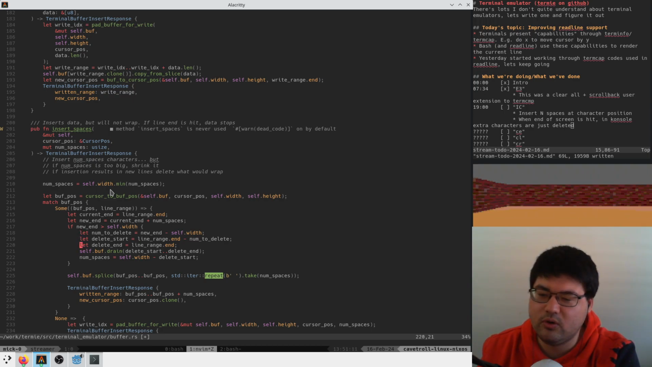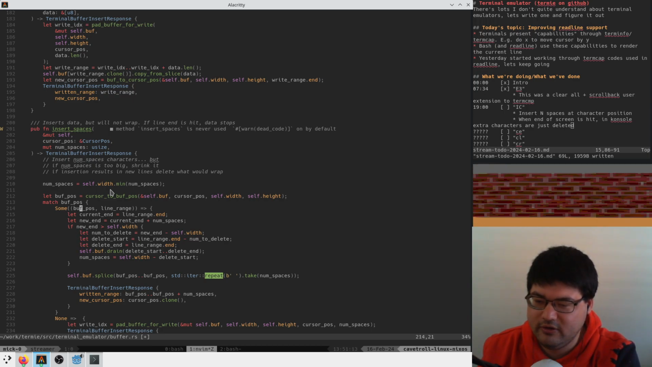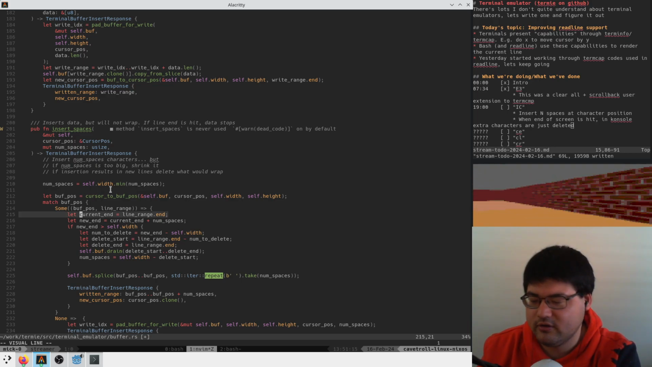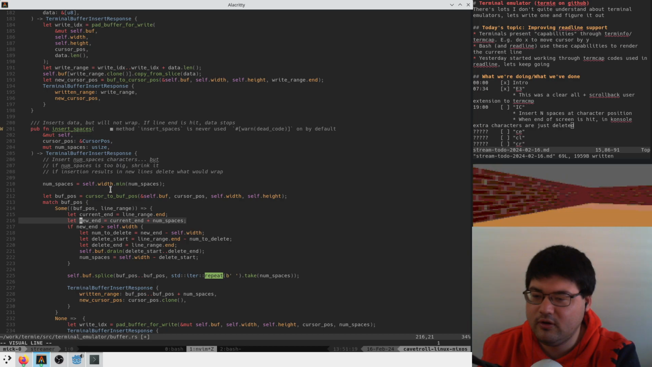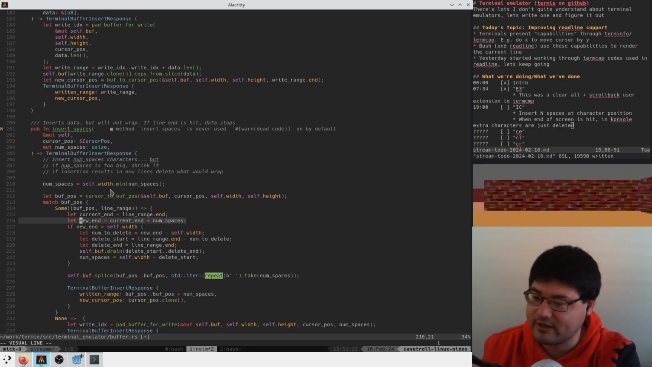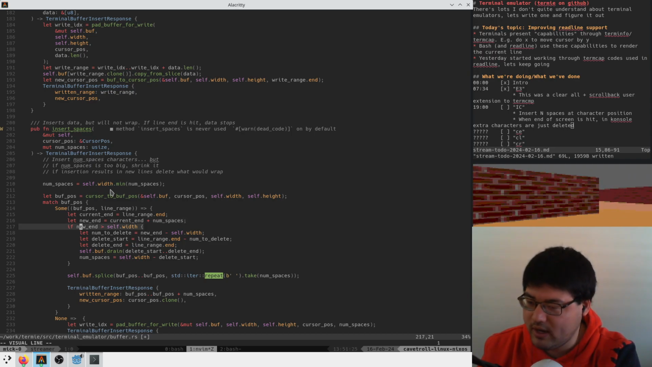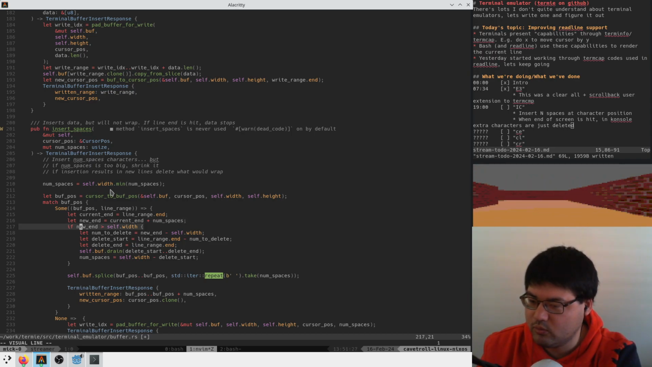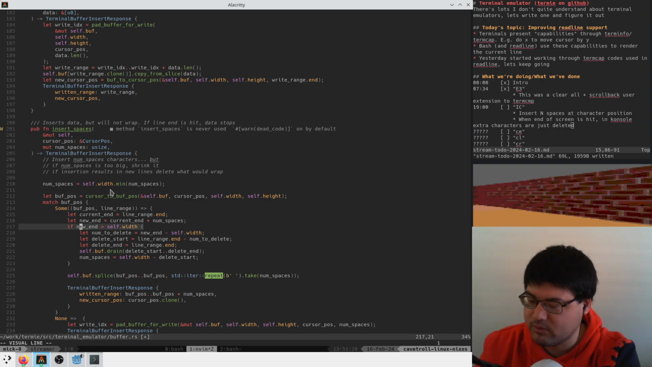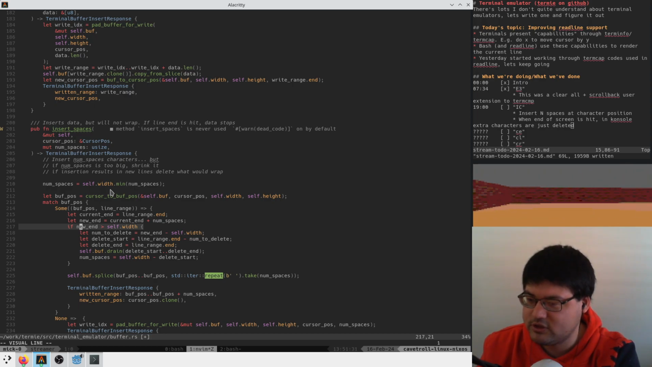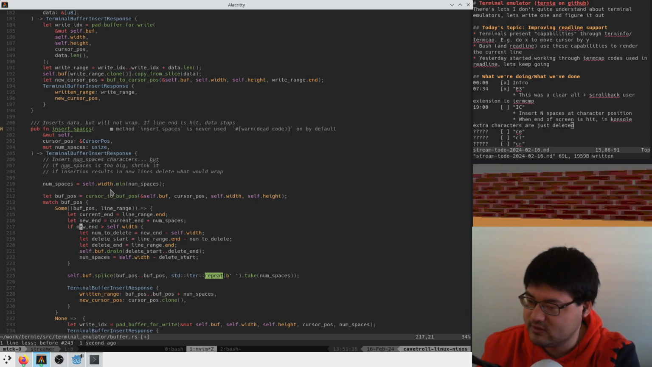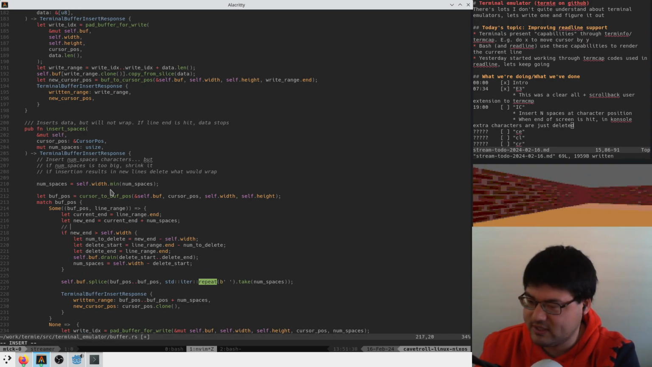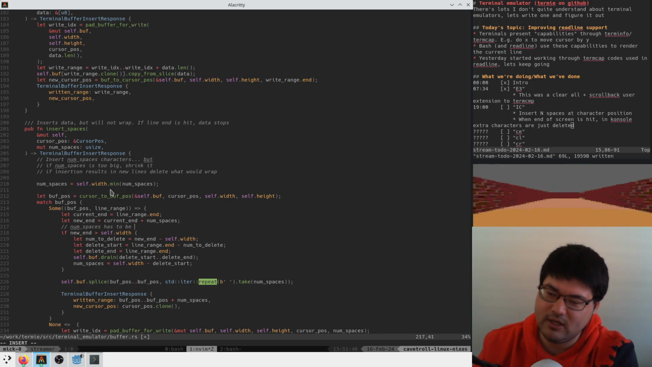Or it could be that this whole math is wrong. Let's look at this again. Current end, line range end, just an alias, no biggie. New end is the current end plus num spaces. That also makes sense because we're adding some. If the new end is greater than the width, then we need to reduce how many spaces that we're putting in by that much. Num spaces, no, we don't do that. We don't reduce the number of spaces. So here is probably where we've made the mistake, is num spaces has to be